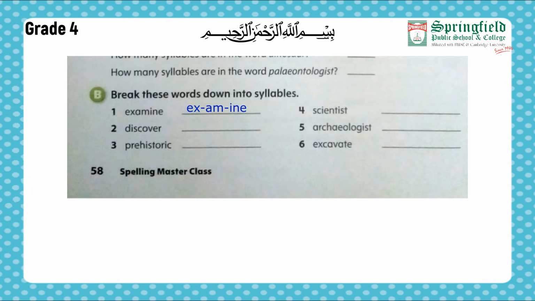So students, here you need to remember one thing, that E at the end of a word is always silent, right? So that is why E doesn't count, I counts. I hope you have understood this as well. Now what you have to do is break each of the next 5 words into syllables, and I hope that you will be able to do it very easily.